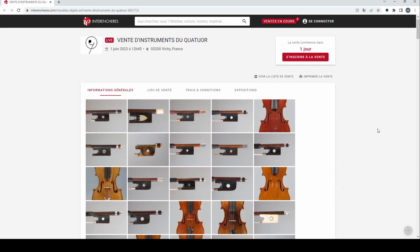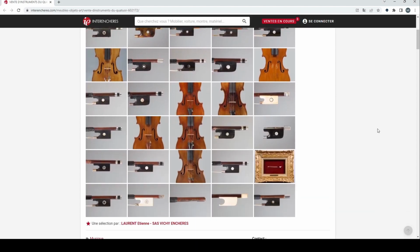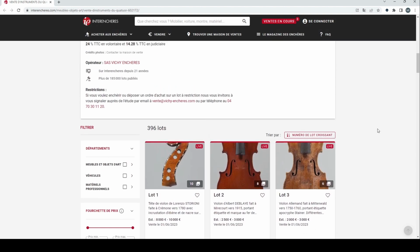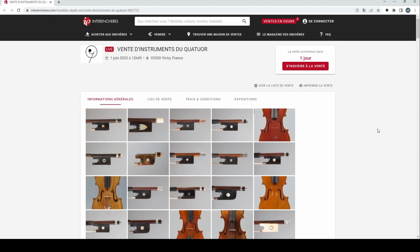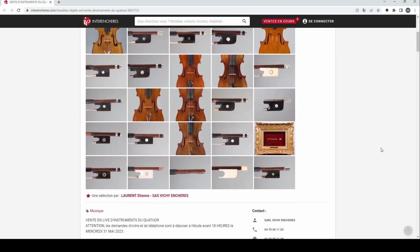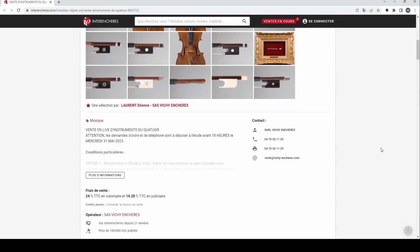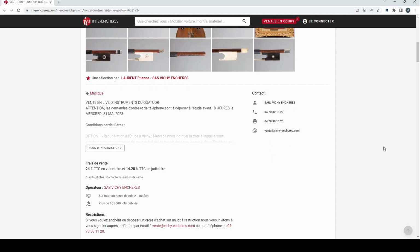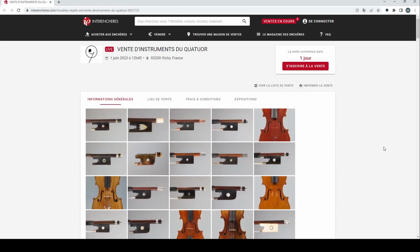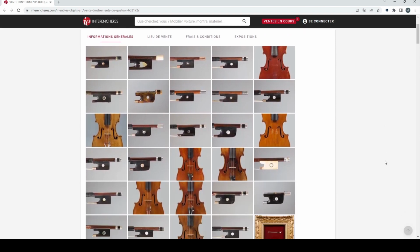Today on the website of French auction portal Interenchères, we're going to have a look at their latest auction regarding musical instruments. This particular auction is happening on the 1st of June. It's the 30th of May today, so only a couple of days left. Buyer's premium for this auction is 24%. This is a French auction, so bear that in mind. Any import, export fees, all of that kind of stuff, CITES regulations if you're outside of France, so check all